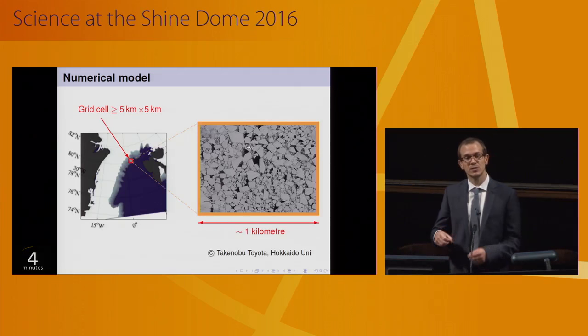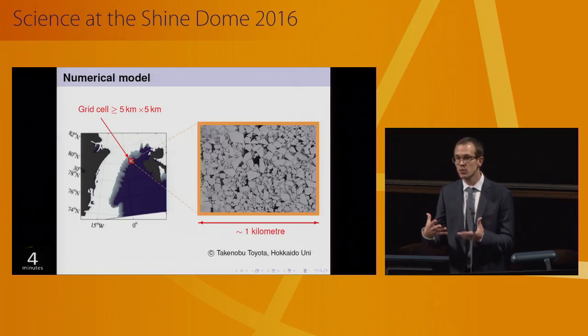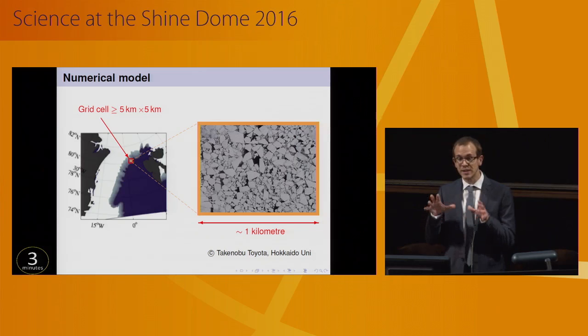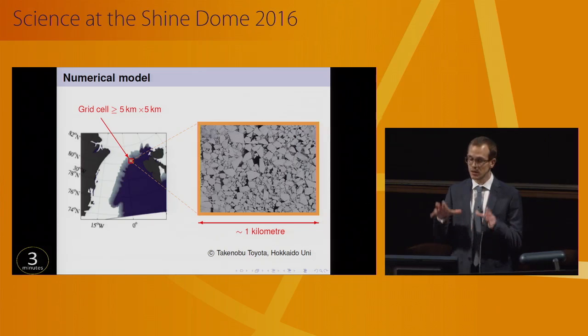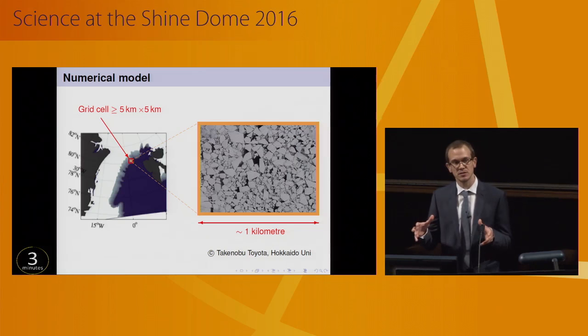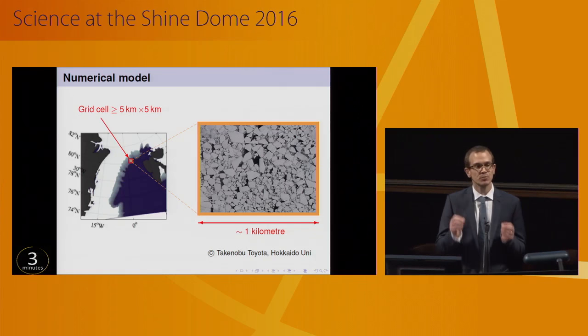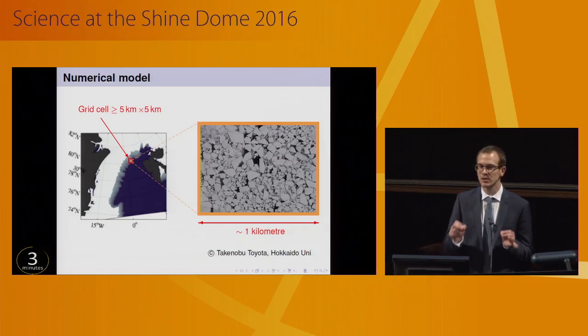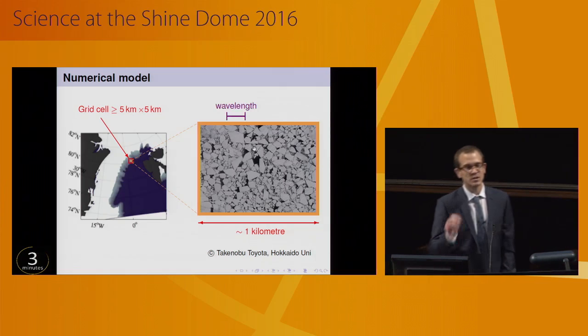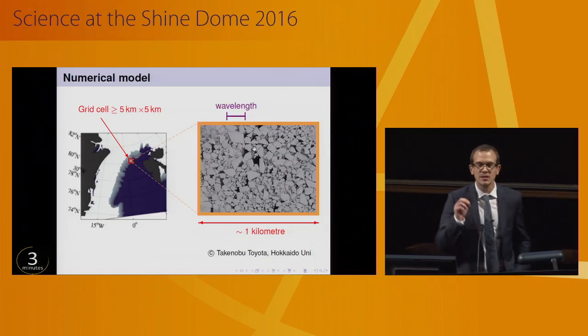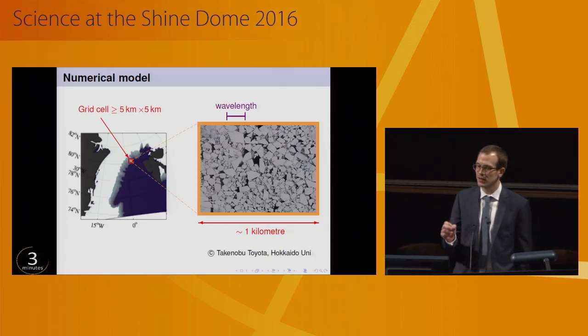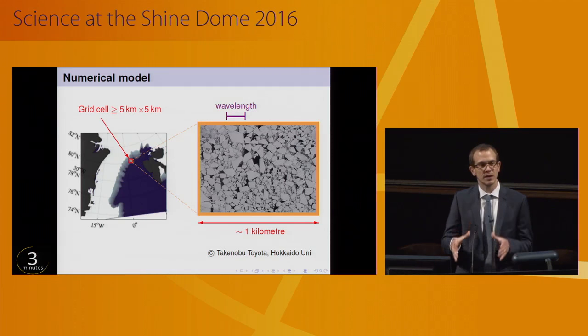To do that, we need to consider processes occurring on a smaller scale where we do resolve the individual floes. The photo that you're seeing here shows a distribution of floe sizes ranging from a few meters up to perhaps 100 meters. Now, for the wave-ice problem, there's another length scale to consider. That's the wavelength. The significant complicating factor is that the wavelength is comparable to the floe sizes.